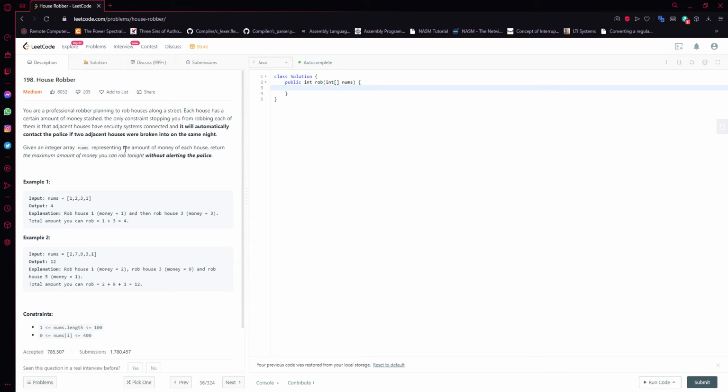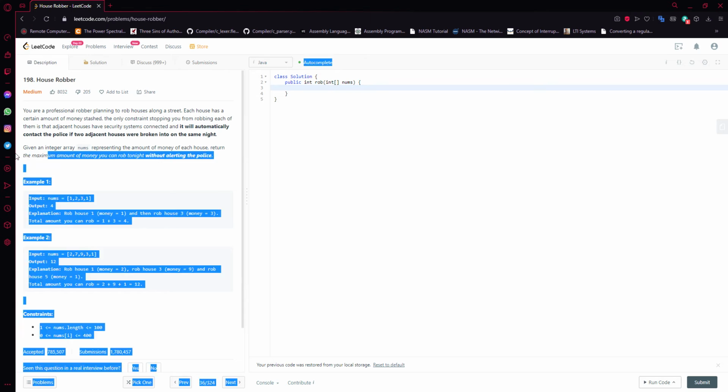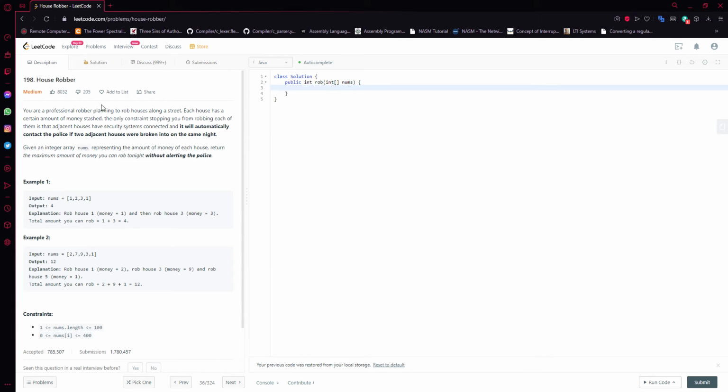Given an integer array nums representing the amount of money of each house, return the maximum amount of money you can rob tonight without alerting the police. So another maximum-minimum problem with an array of values, which means dynamic programming once again, but it's best if we can observe the optimal substructure of this specific problem. So let's come